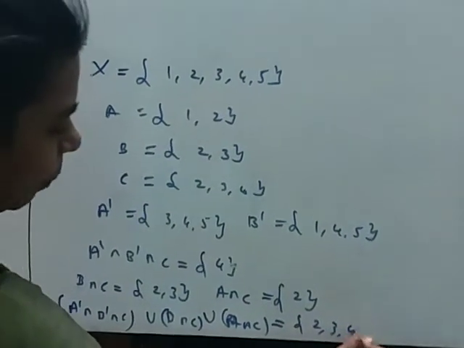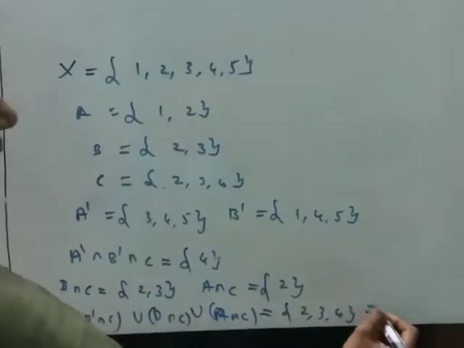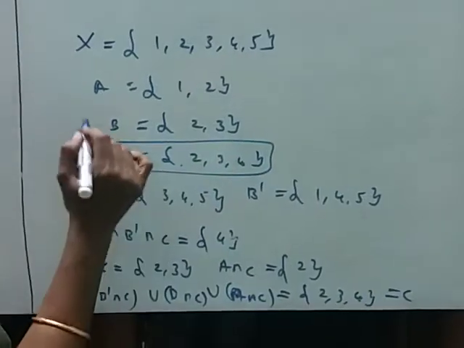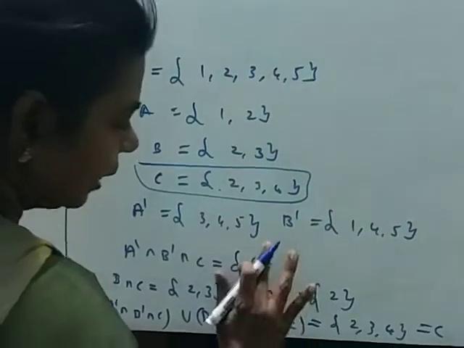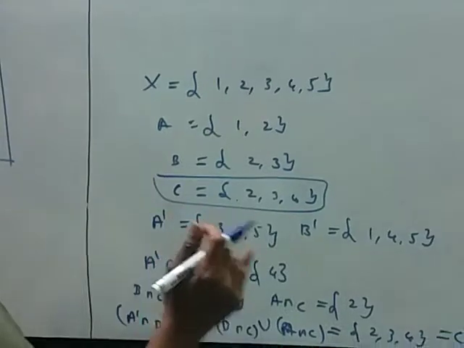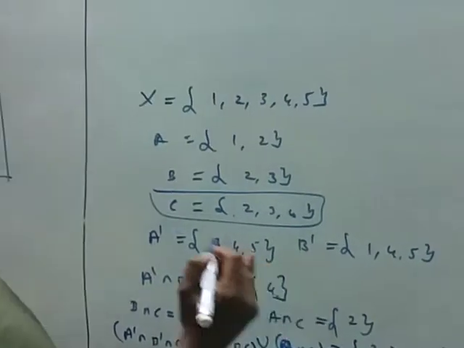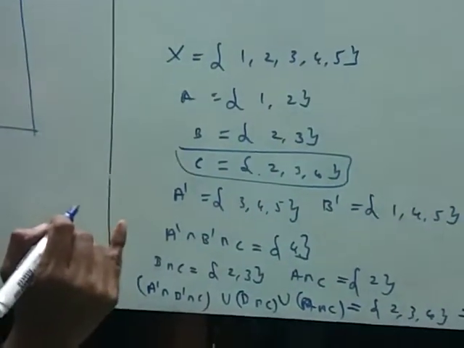See what will happen? The {2, 3, 4} is nothing but our set C. So when you assume that set also, you get that same result. So first I am given that it is a C dash, that will be clearly confused. So here the set will be A dash intersection B dash intersection C. Okay, copy it quickly.